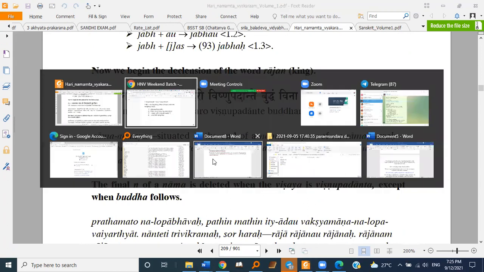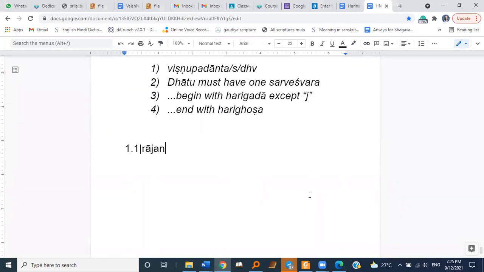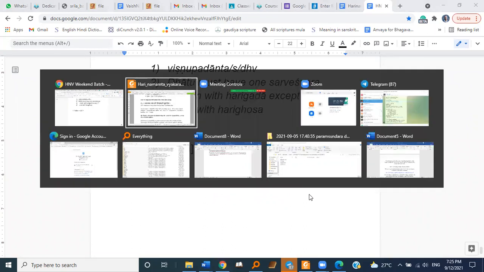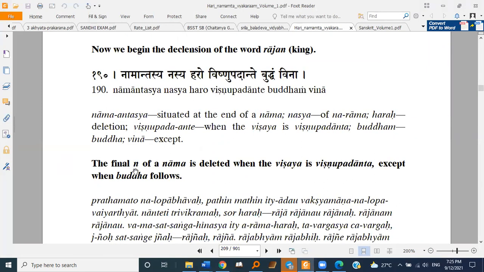The next word is Rajan Shabda. So we have a sutra here: Namantasya nasya haro Vishnu Padante Buddhamina. The final na of a nama is deleted when the Vishaya is Vishnu Padanta, except when Buddha follows. So it is saying that